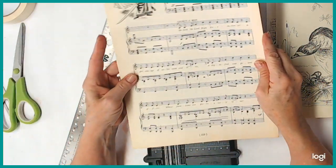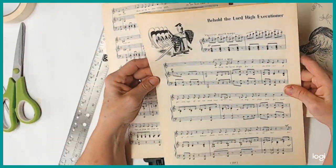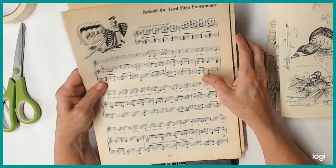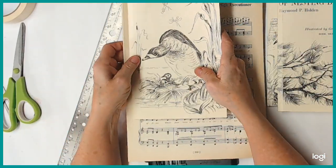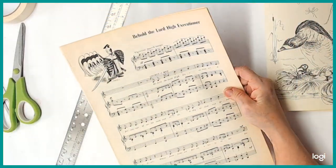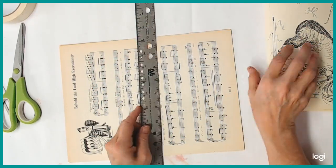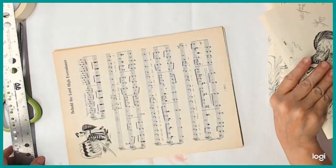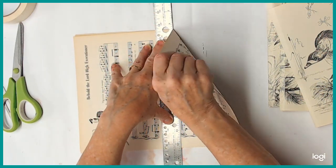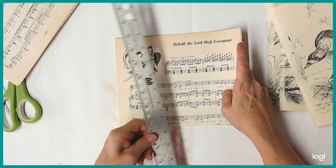Okay, I've got a couple of pieces of music paper that I would like to put in. And these are like this, so they will have to be cut down quite a bit too. Quite a bit. Okay. And I'm not using that because that has not worked well. I think I'm going to do these. Let's see what would be. I think I'm going to do them about here. And then